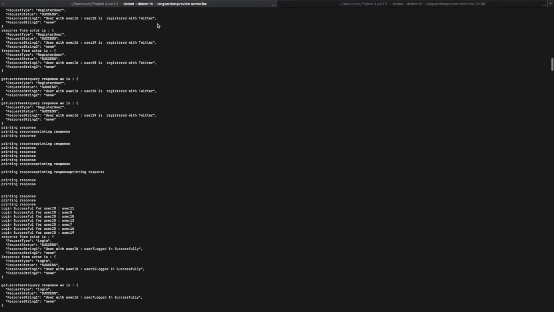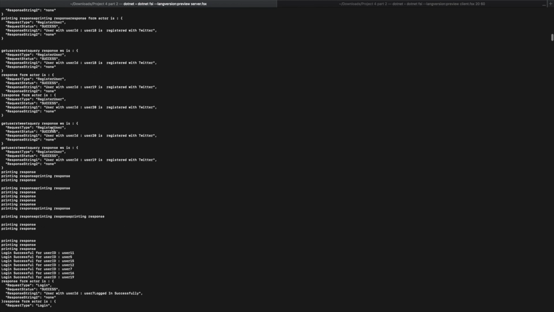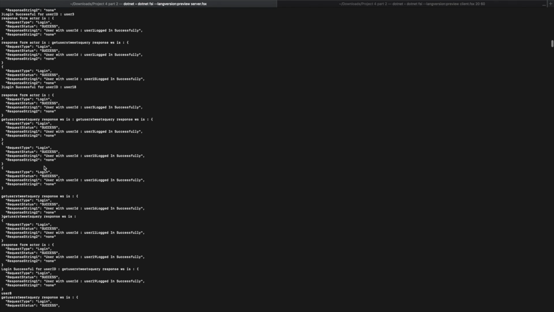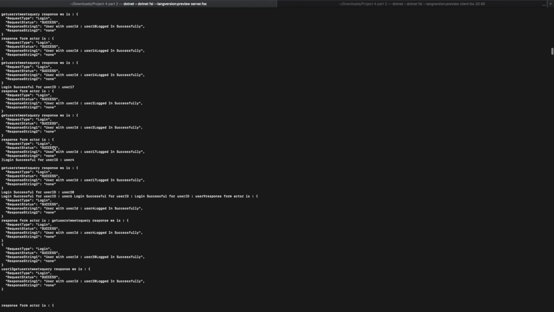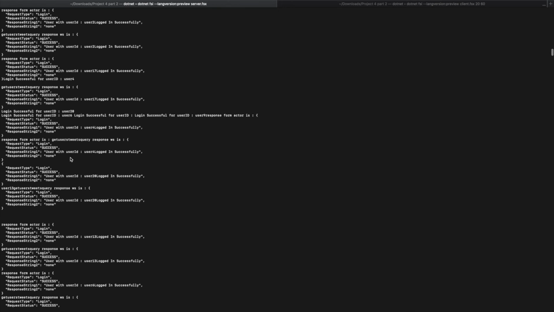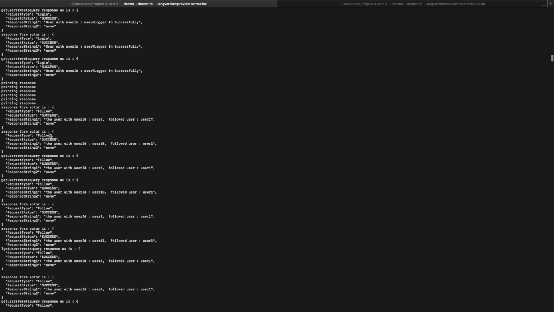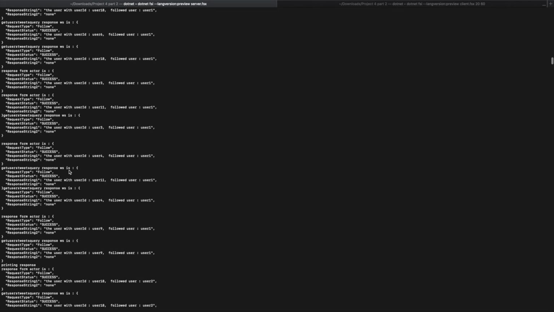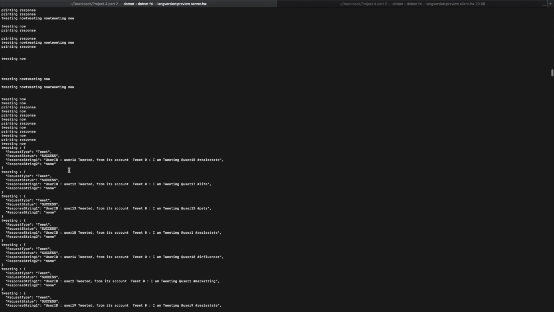As you can see on the server side, it is also printing. It printed registration of users, then login success or login failures. Most of the logins are successful as of now. As I said, all the operations are happening sequentially. First registration, then login, and the session starts. Then the follow requests. So currently users are trying to subscribe to other users, trying to follow them. These are the follow requests which have succeeded.